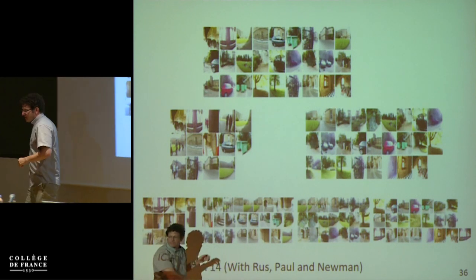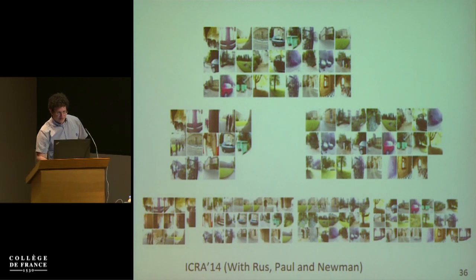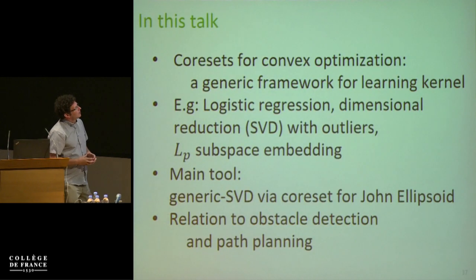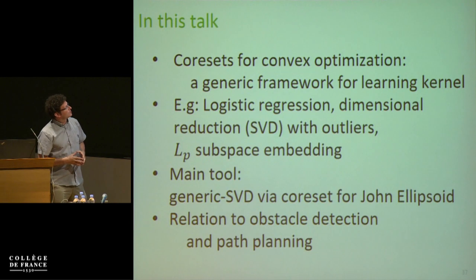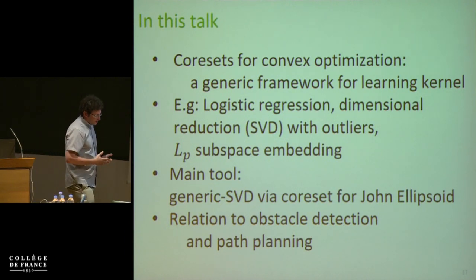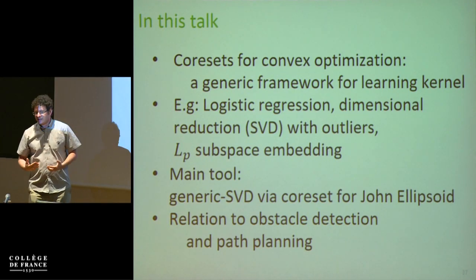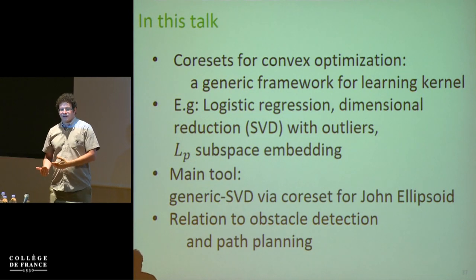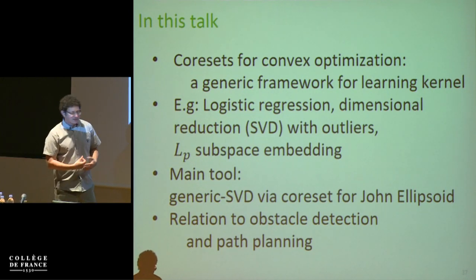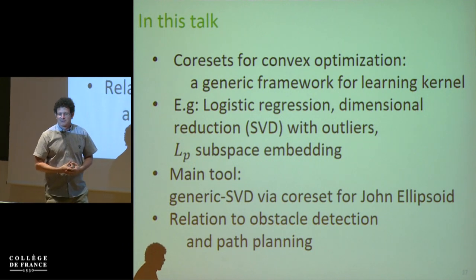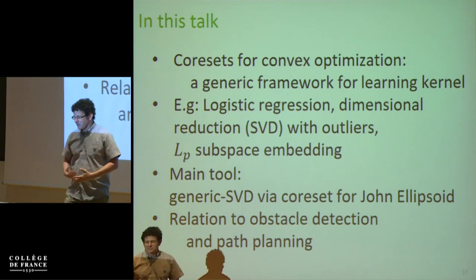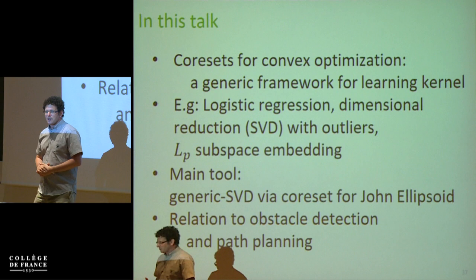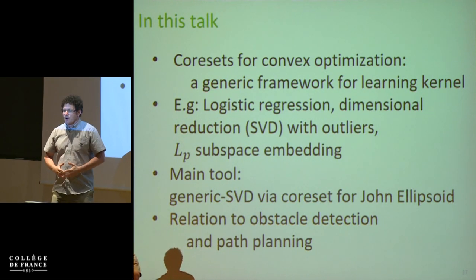So there are many other applications of this. But in this talk, I will talk about how we compute core sets for convex optimization. One of the common complaints about core sets is that we need a new core set for every problem. This is good because then I have many papers and not just one. But the problem is that it takes a lot of time, and we really want a general framework to show,